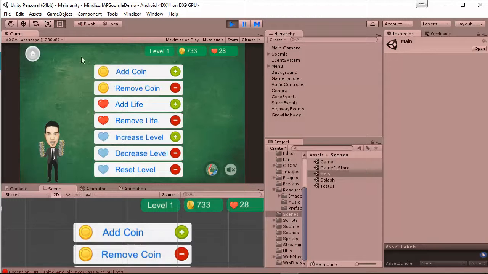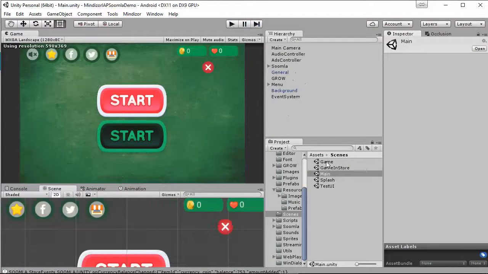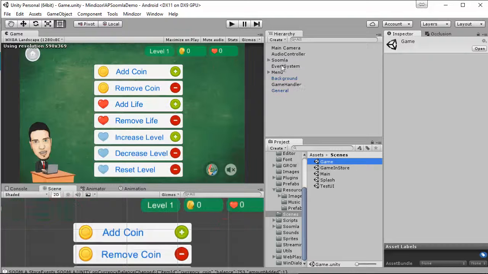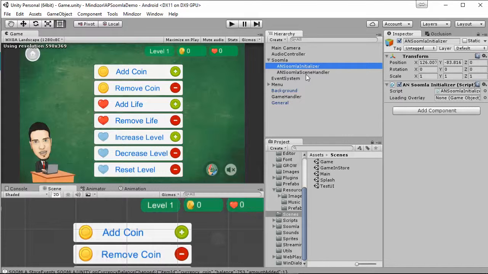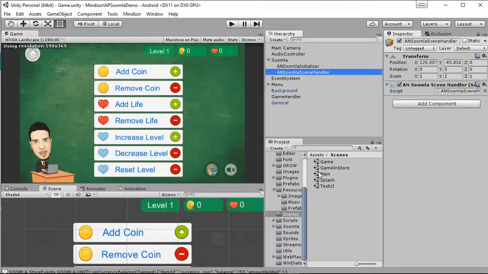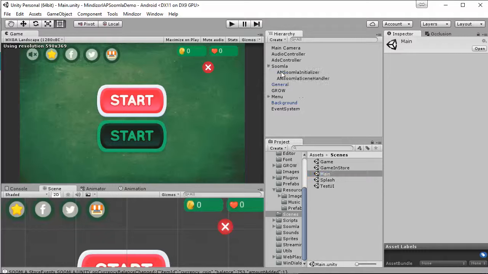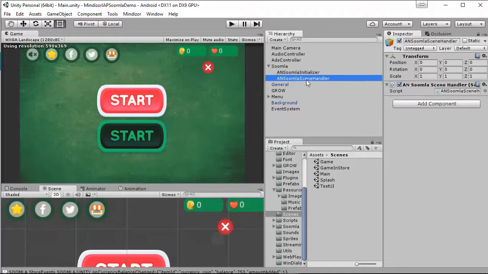Because we are in the game scene, you can click add coins, and you can see here we can increment the number of coins, because there is an event attached to this change. So where do we have this event? If you go to the game, inside the game we have something called Soomla initializer. We also have Soomla scene handler. If you go to the main scene, we've got the same thing. We've got Soomla initializer, Soomla scene handler, and also